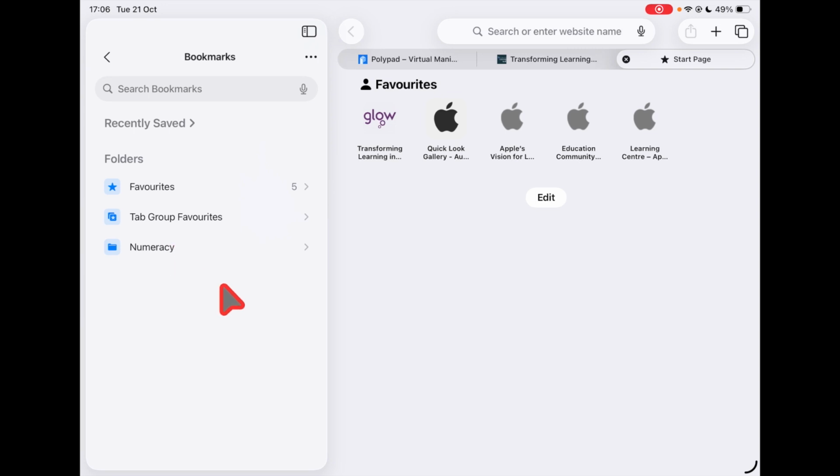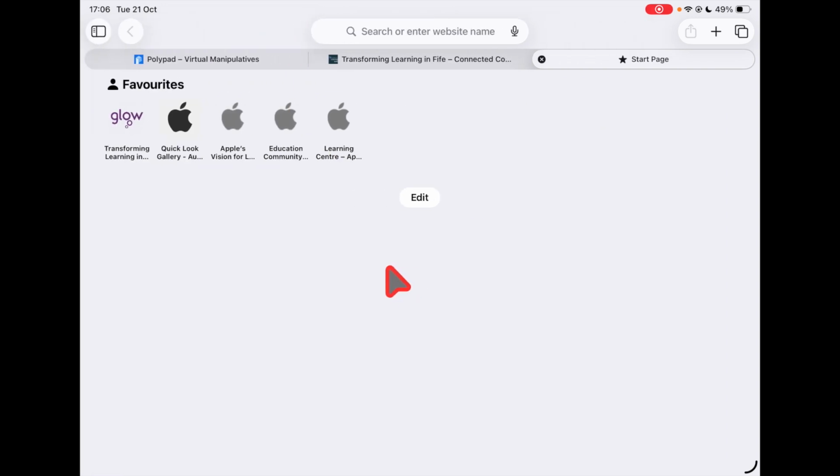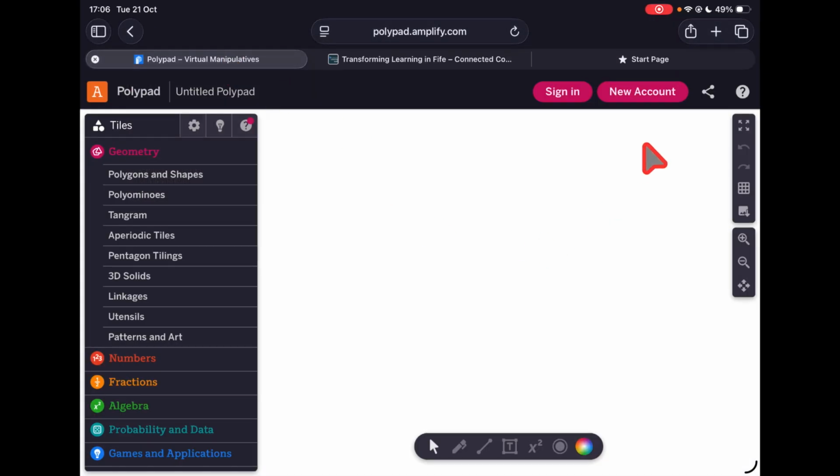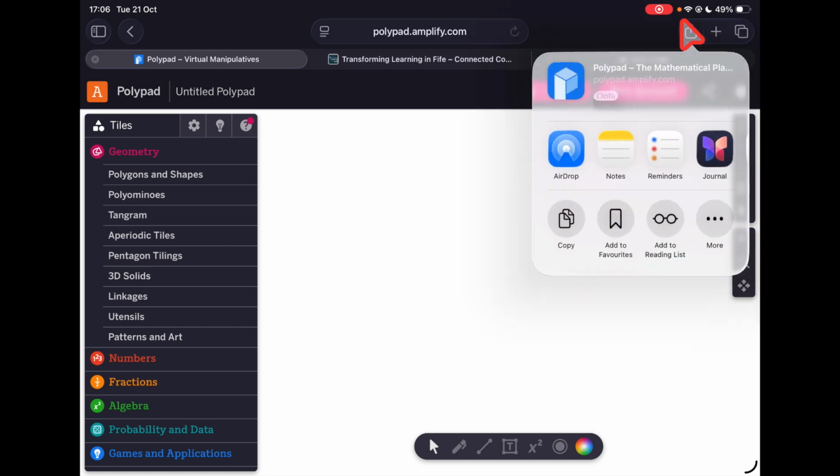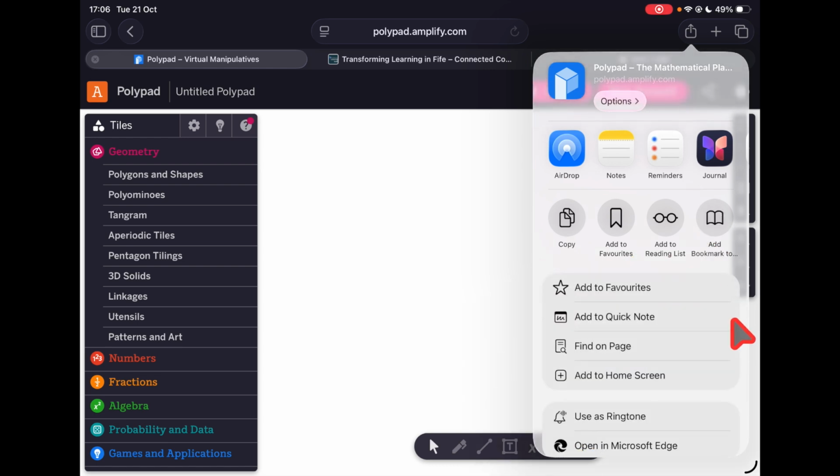I'm going to close this menu by tapping that sidebar icon again. So I want to add in a website now to that numeracy folder, and I'm going to go to Polypad. I'm going to tap the share icon, and you'll see we have the option to add to our favourites, but because I want to make use of folders, I'm going to tap More. You'll see we get an option here of Add Bookmark To. I'm going to tap onto that,